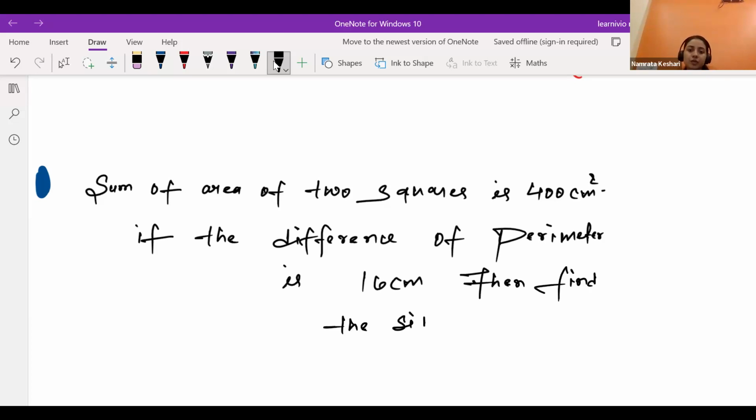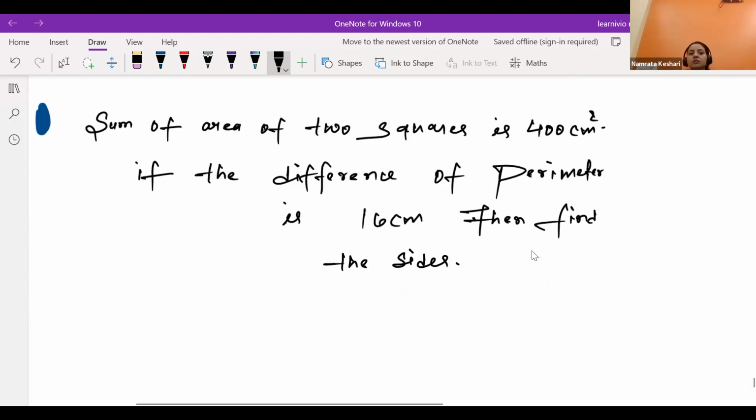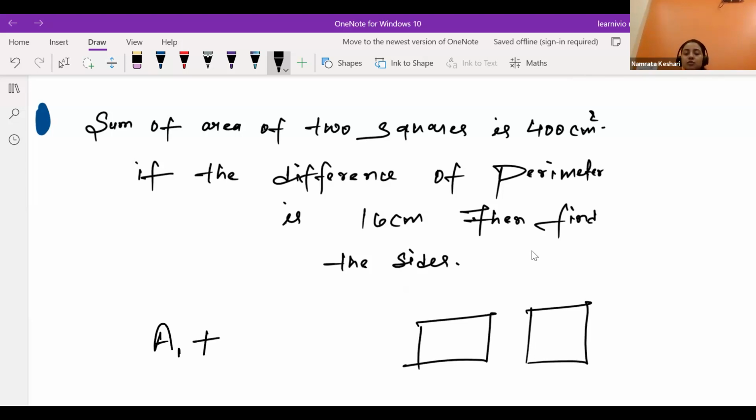Okay, let's do it. Sum of area of two squares, two different squares we are having. One square is there, another square is there, and the sum of area of the first square with the area of the second square is given as 400 centimeter square. If the difference of their perimeter, suppose for the first square the side is x, and for the second square you don't know whether this question is from quadratic equation,